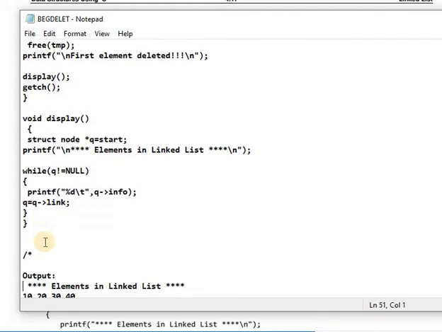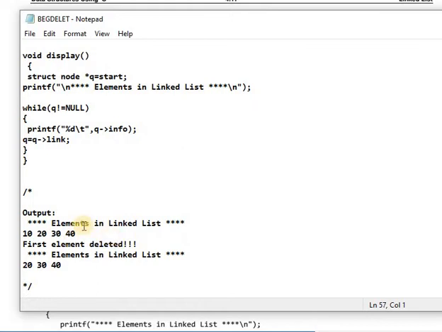How will the output be displayed? First the elements in the linked list given as input by the program will be displayed. Then the first element is deleted and the message is displayed again, because we call the display function two times, before deleting and after deleting.